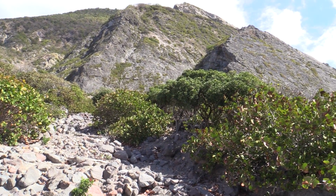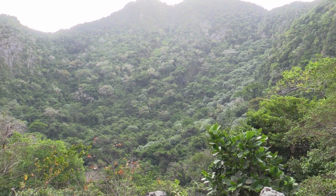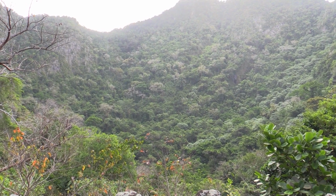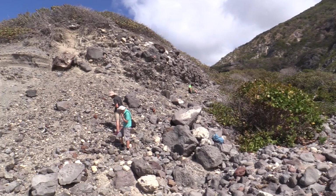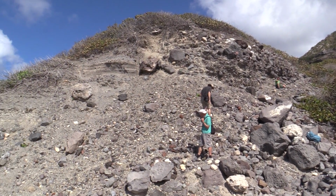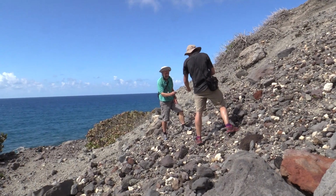I'm on the crater rim of the Quill volcano. We're here primarily to look for the plutonic rocks that have been thrown out during explosive eruptions. We're looking for coarse-grained assemblages of crystals that grew in magma chambers some kilometers below the surface of the Earth. Those we find distributed around the flanks of the volcano in pyroclastic deposits, probably moved down by sheet wash events, flooding events, mud flows. The size, variety and pristine nature of the cumulates we found here on Statia have been